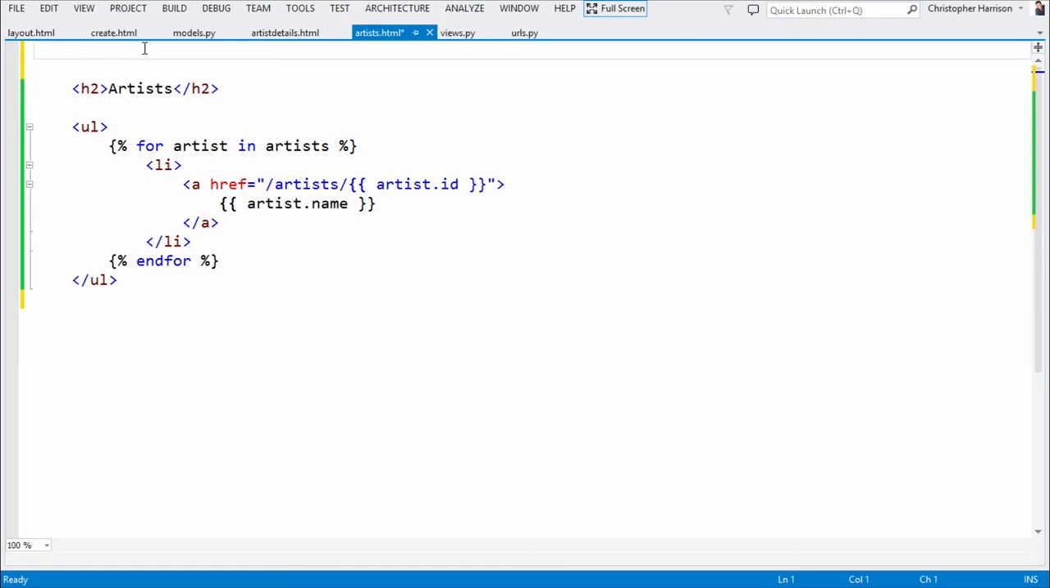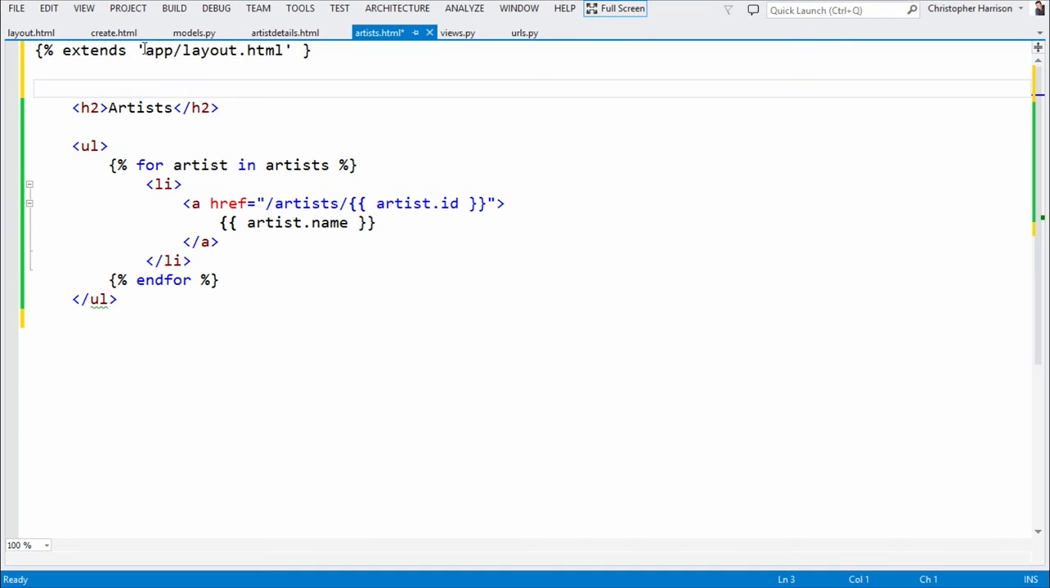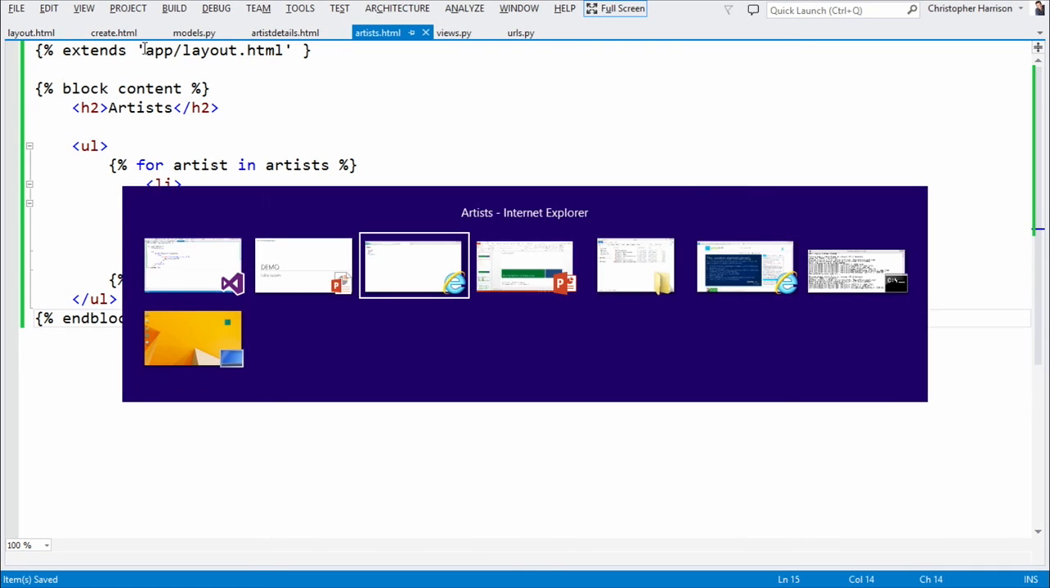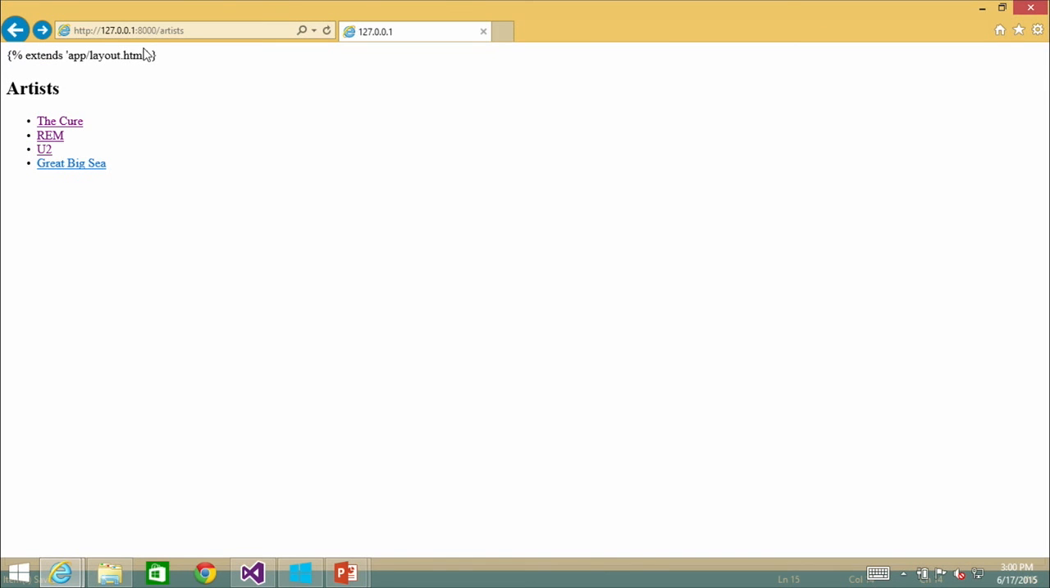And so all I have to do now is simply say curly paren extends, and then let's say app layout.html. There we go. And then let's go ahead and say block, and it was called content. And then let's come right down here and say end block, just like that. Beautiful. So now if I save that page, and I come back over here and rerun that,